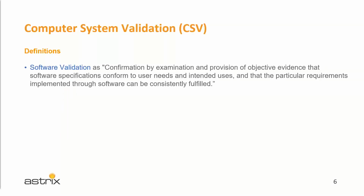So what is computer system validation? Well, here are a few definitions that will help us have it clear before we jump into the process. The FDA defines software validation as confirmation by examination and provision of objective evidence that software specifications conform to user needs and intended uses, and that the particular requirements implemented through software can be